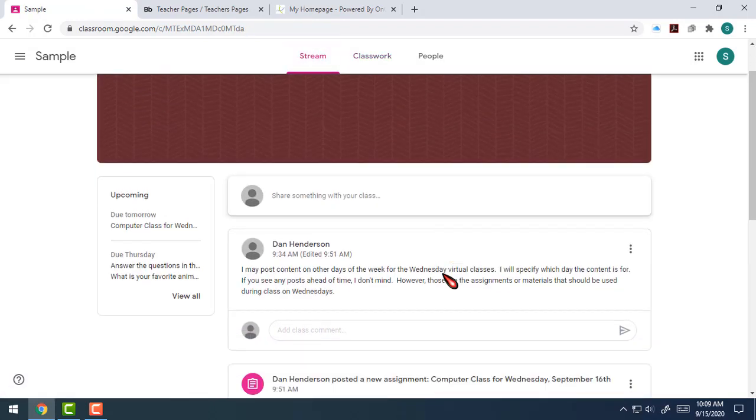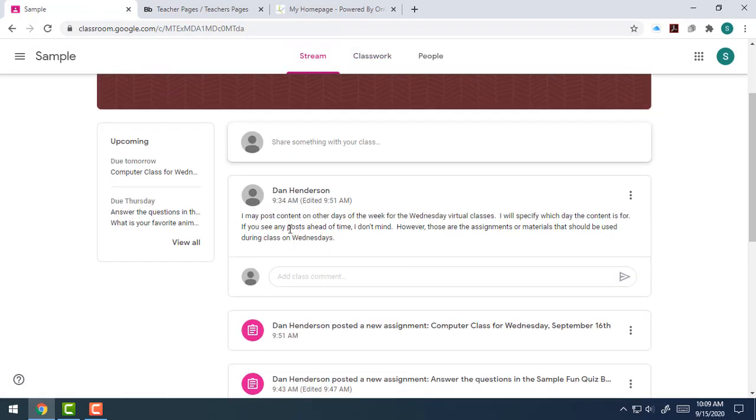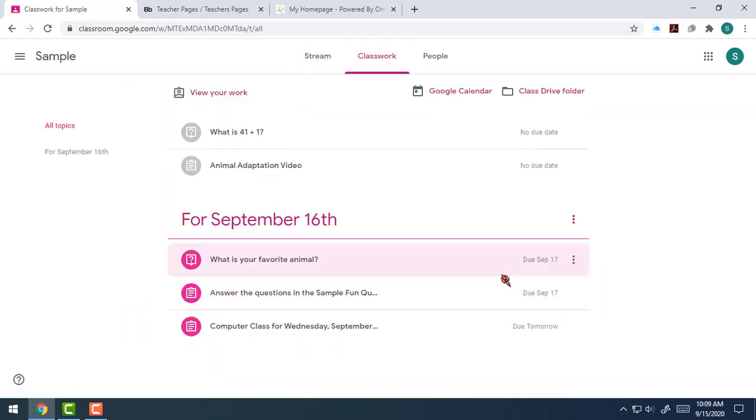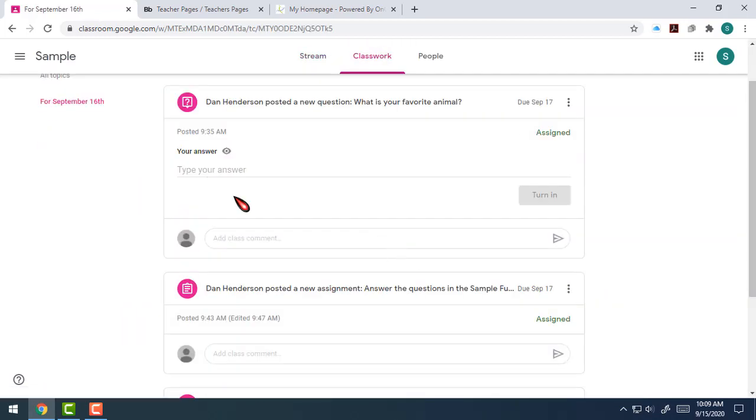When I was back in my stream, when I had this post at the top that's an announcement, you don't have to do anything with that. If you have a question or a comment, you could possibly put it there, but nothing needs to be done here. What happens over here in the classwork tab is that when there's an assignment, you do need to